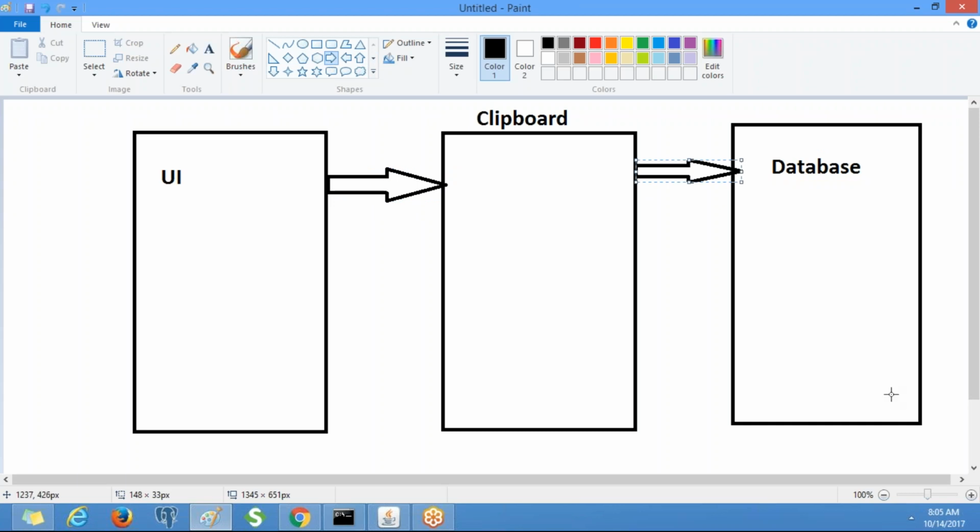Similarly, when you retrieve some data to the user interface, first it will be posted to the clipboard, then clipboard to user interface, vice versa. So you need to understand this simple concept.